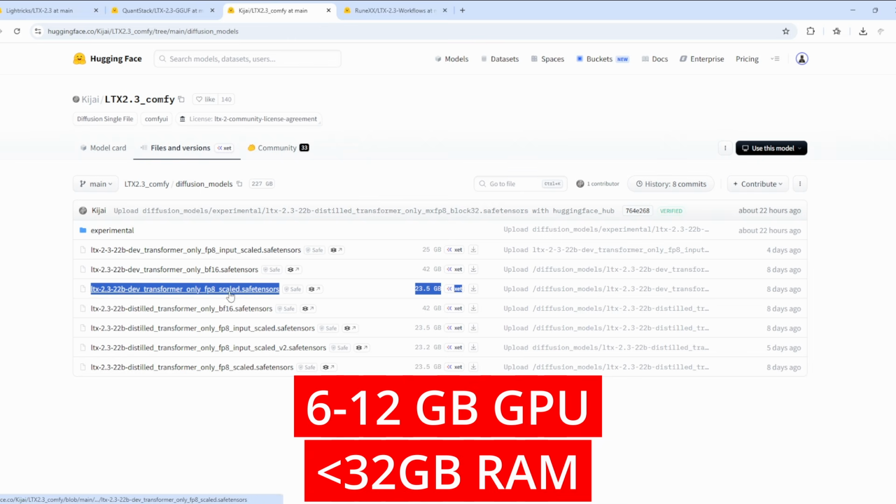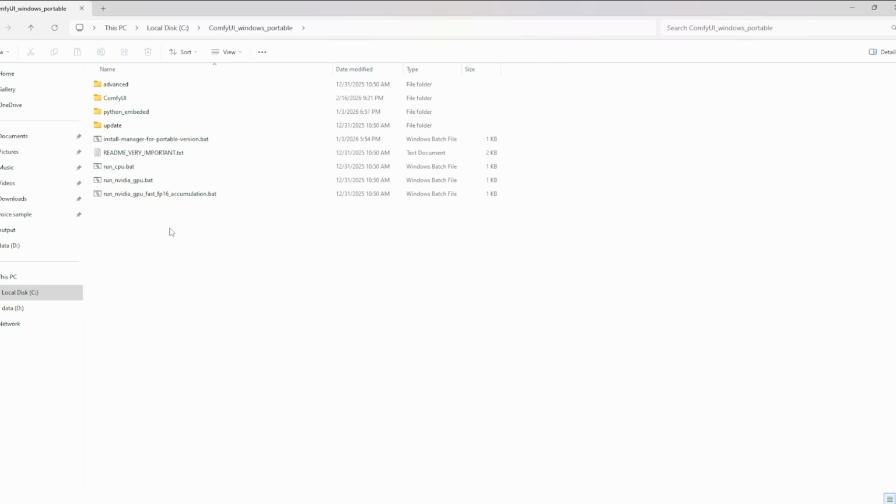Minimum requirements, they say, are at least a 12 GB GPU with 30 GB RAM, or a 6 GB GPU with over 64 GB RAM. So if your system is on that list, it's definitely worth giving this a try. Alright, so I'm assuming ComfyUI is already installed and ready to go. If not, no worries, you can find installation guides just about anywhere or check out some of my older videos